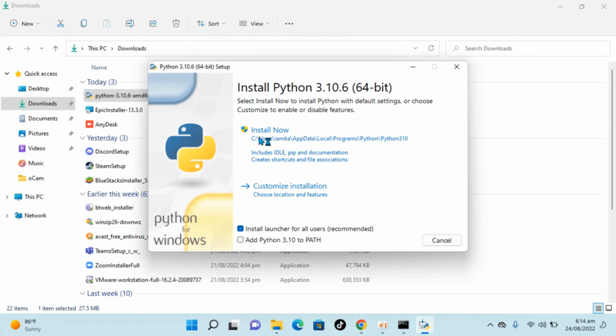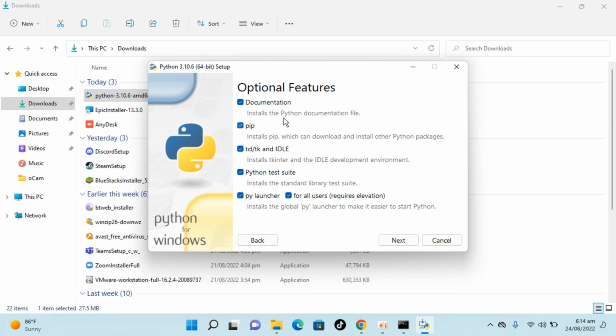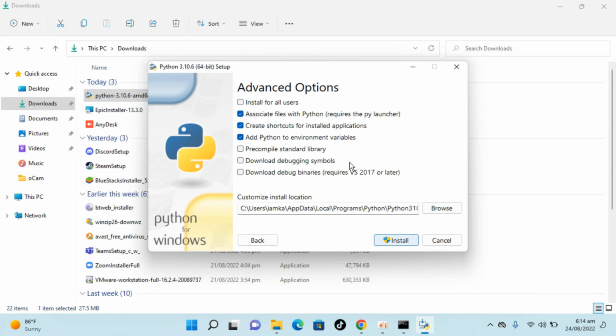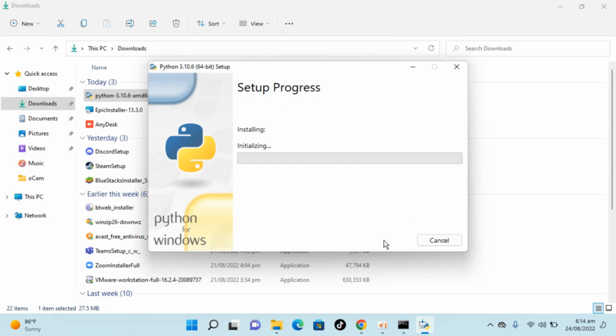So once you have double clicked it, here we are. Here, check mark this Add Python to PATH, install launcher for all. You can always go to customize install, and in case you do not want pip or tk or IDLE or whatever, you can uncheck those as well, but these are required. I would recommend them as checked. Click on next, and here you have other options as well. It's recommended that you install it for all users, but that's totally up to you. So once you have done so, click on install, click on yes,